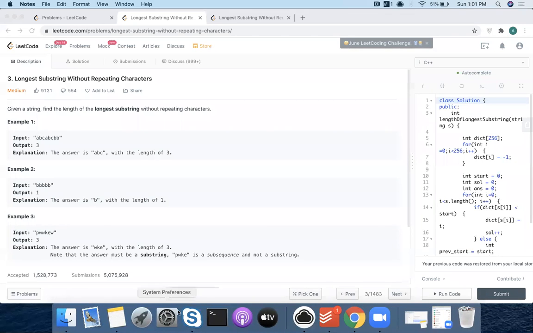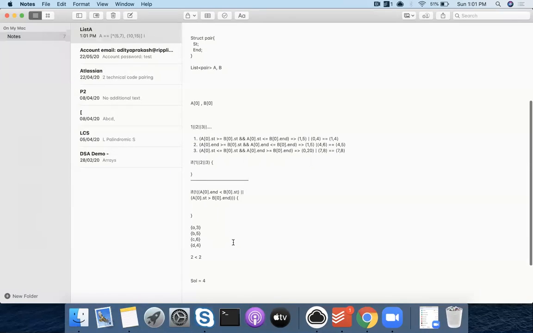Okay, so now let's do the analysis of this approach. We had 2 pointers. One pointer was always moving forward. What about the other pointer, the start pointer? Was it also always moving forward? Not always, but if at all, it will move forward, right? Yes. So then both only moved forward.